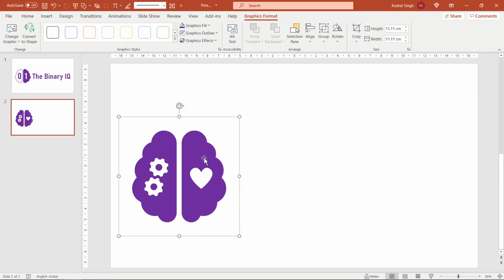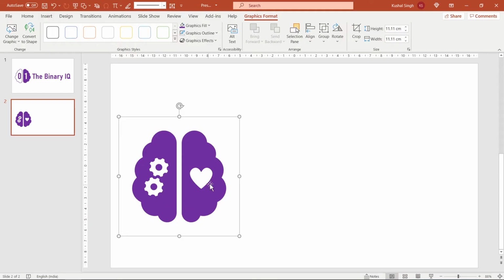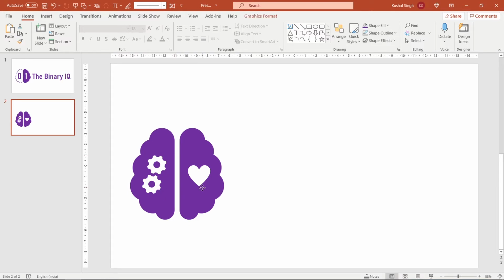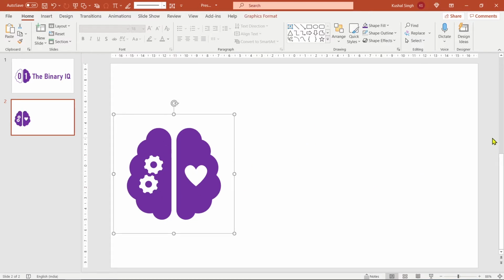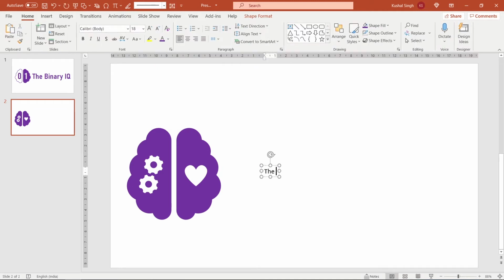So with this done, or rather, since I am finding this to be quite similar to this and I do not want to go through the pain of downloading this SVG and going back, I'll show you what we can do in PowerPoint. So right now, what I need to do is remove these white spaces. But before that, let me quickly complete the logo. So I'll just go to insert, go to text box, and I'll type in the logo as well.